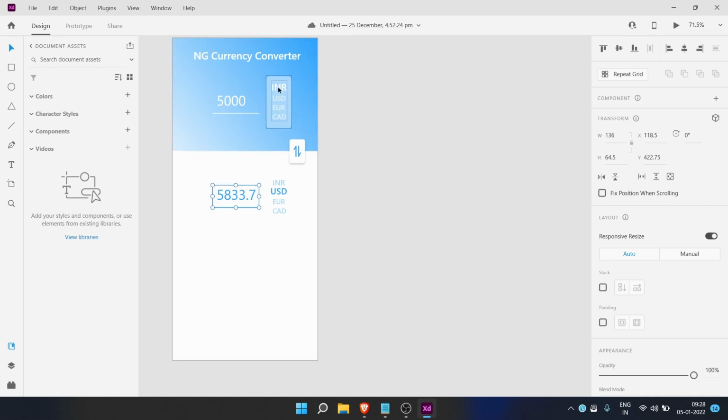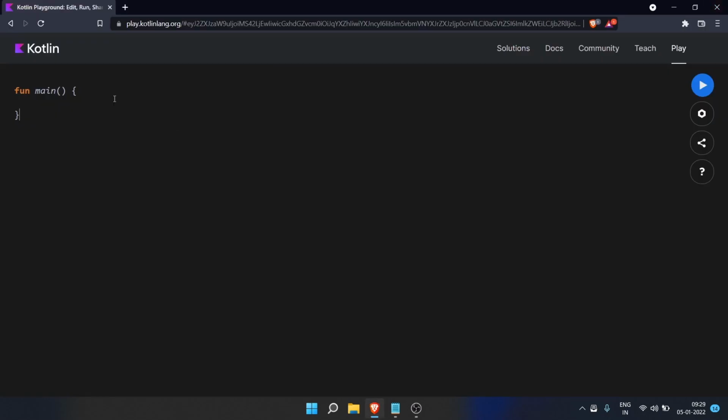So I just have to select the currency from which I want to convert, and here I choose the currency in which I want to convert my input. So this is a very basic app where we just do the multiplication with the conversion rate. Okay, we will start building this app, but before that let us revise a few things which were taught in the previous session, the day 1 session.